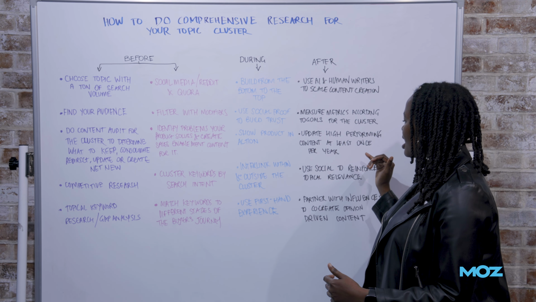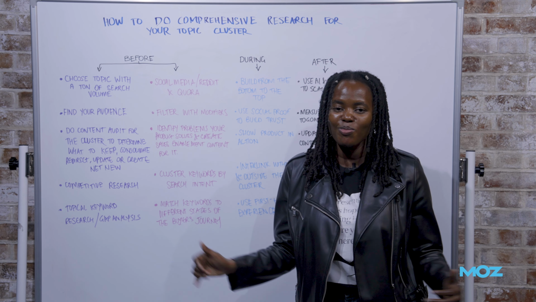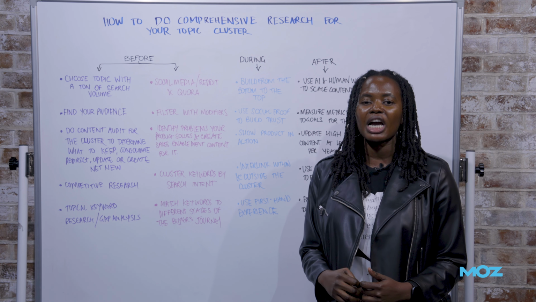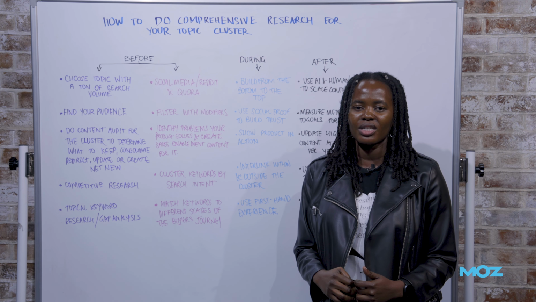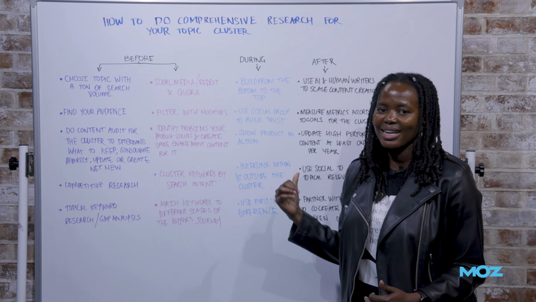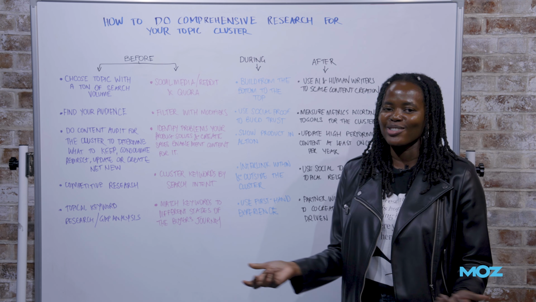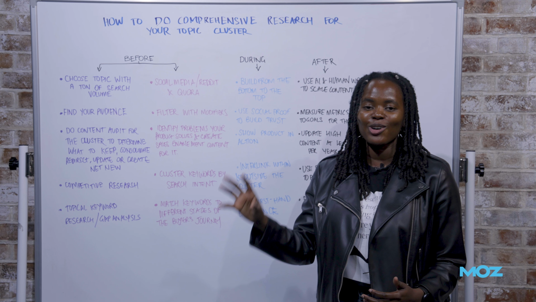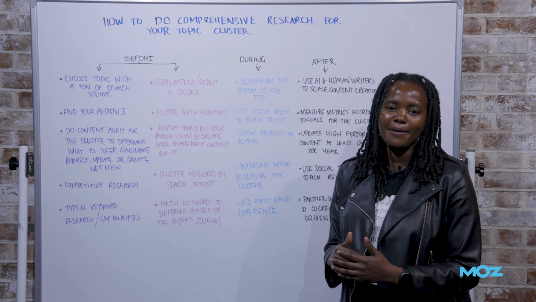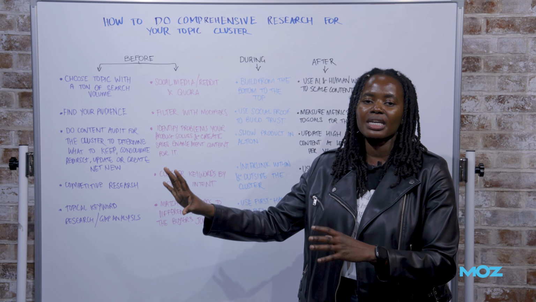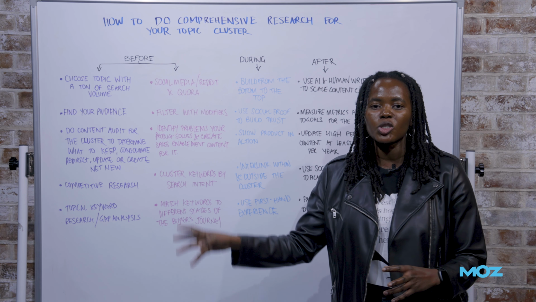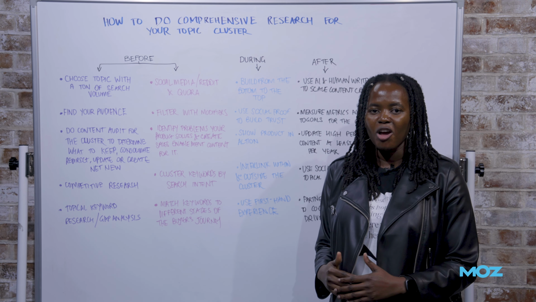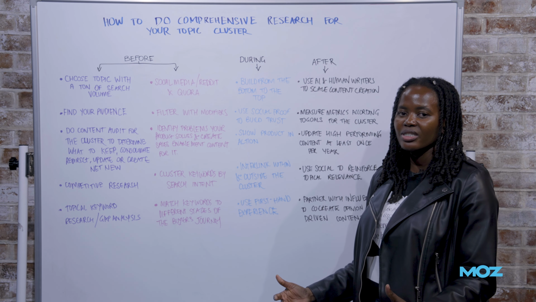Update high-performing content at least once a year. If you follow me on LinkedIn, you've probably seen me bemoan time and time again about how much I absolutely hate updating content. But this is such an important step in content creation. We just can't ignore it. So identify your best performing content in a year and make time, at least push out 1 month and say, this month is going to be the month where I update my best performing content. And that just allows you to keep your ranking rather than investing in net new content that takes up so much more time.